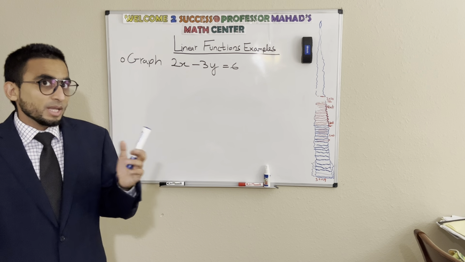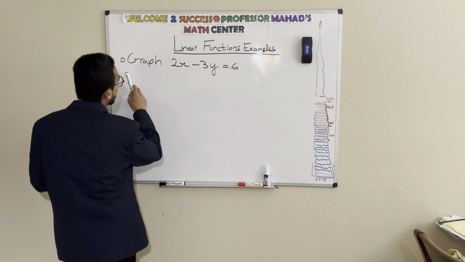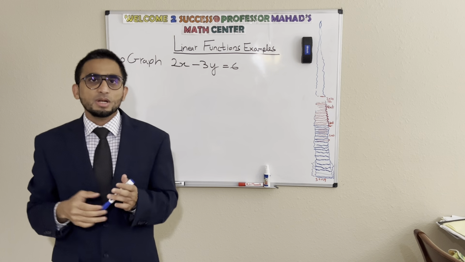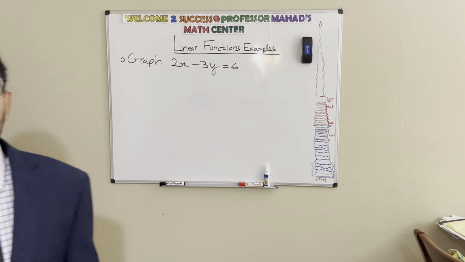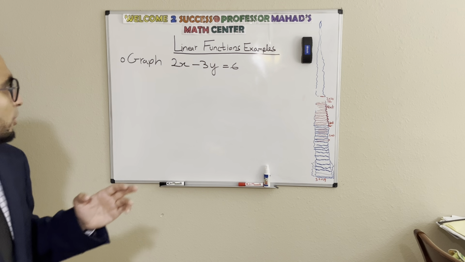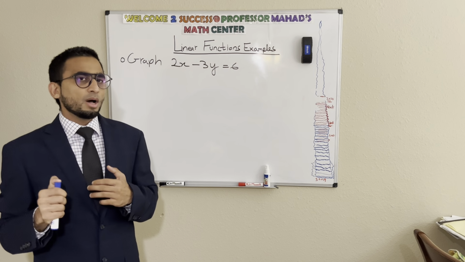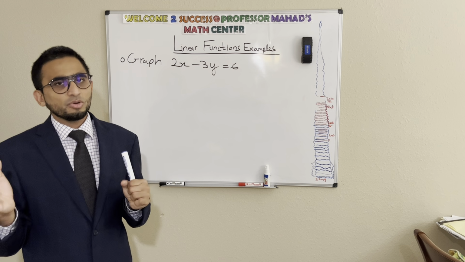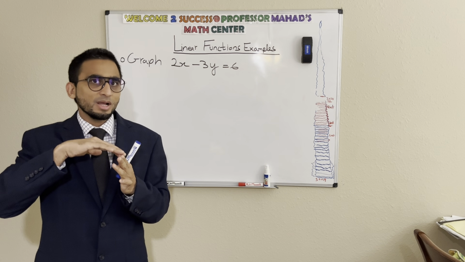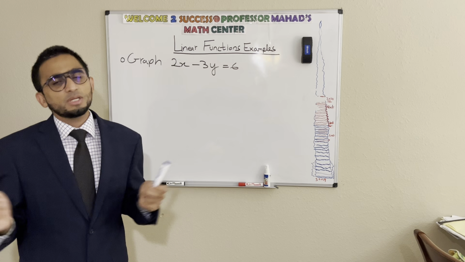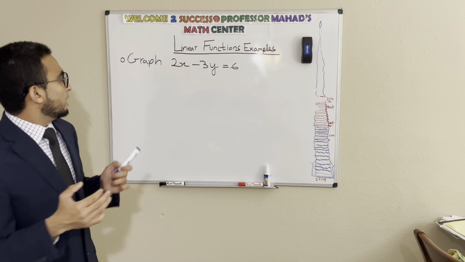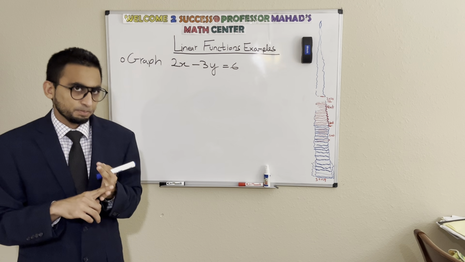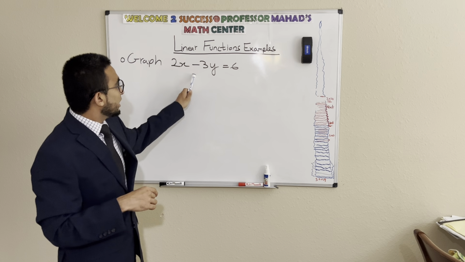So let's begin, guys. Let us say a question asks you to graph a linear function, as you can see here. The good news in linear functions is that all you need is 2 points. You need 2 points, which are more than enough to graph the line. You can choose more, but if you have good skills of drawing straight lines with a scale, you don't need to choose more points. So the recommended approach is to find the x-intercept and the y-intercept. Now to find the y-intercept, guys, let's recall